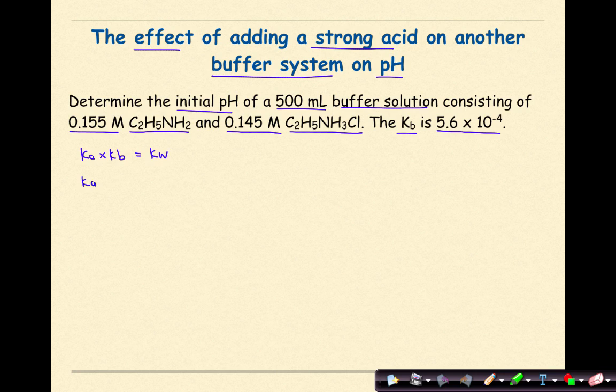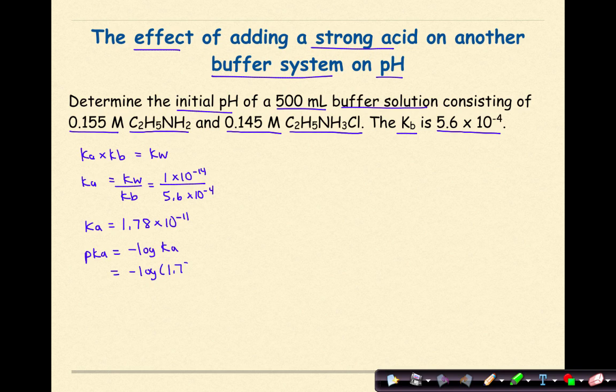So Ka is equal to Kw over Kb, which is equal to 1 times 10 to the negative 14, and my Kb is 5.6 times 10 to the negative 4. Therefore, if I work all this out, my Ka is going to be 1.78 times 10 to the negative 11. And my pKa is going to be the negative log of my Ka. So negative log of 1.78 times 10 to the negative 11. And ultimately, when I work this out, my pKa is